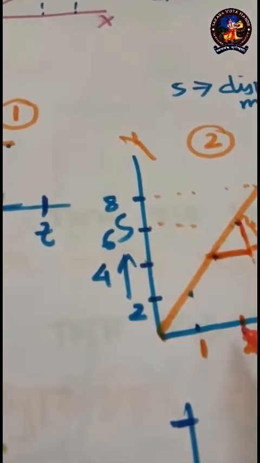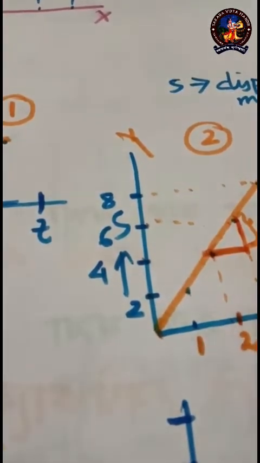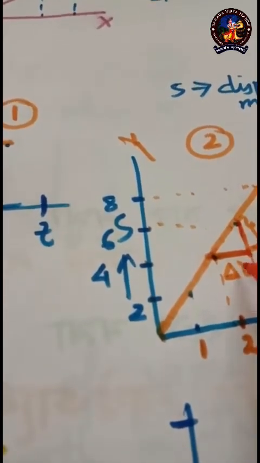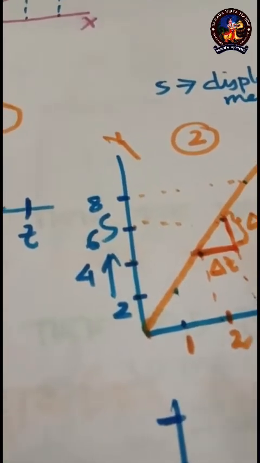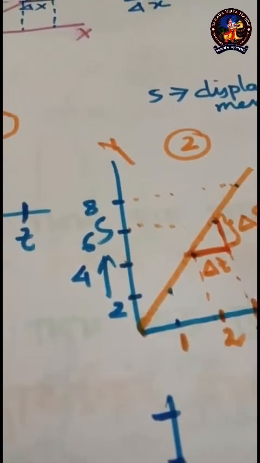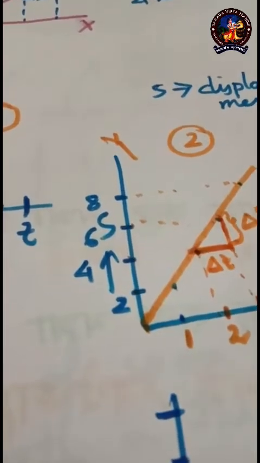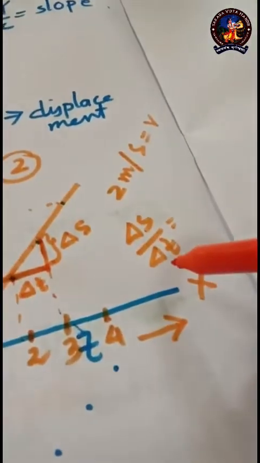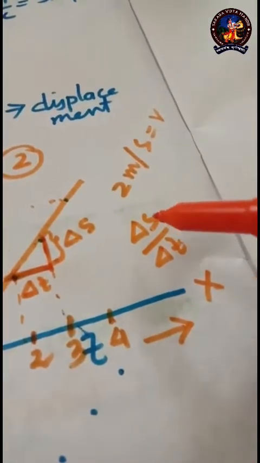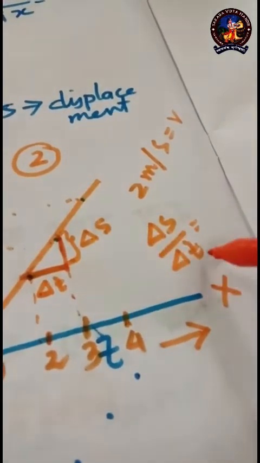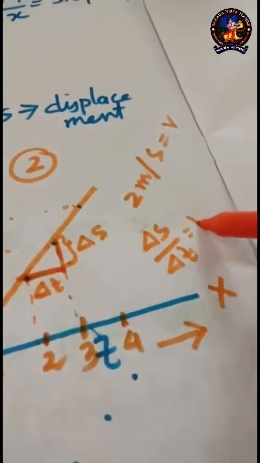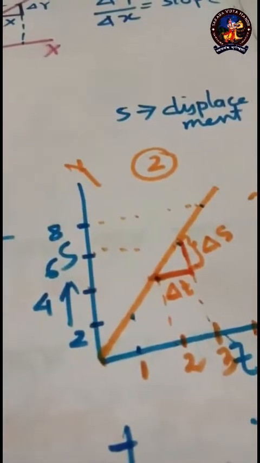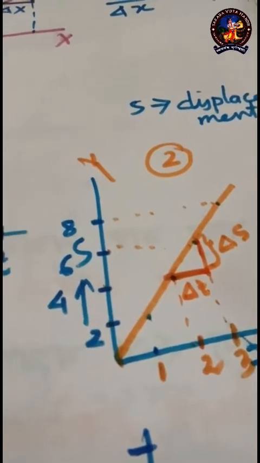And what is along the x axis? Time. So that is representing del t. Now if I want to have the slope of this graph, what would it be? It will be del s by del t. So what is this? This is simply displacement by time. Now tell me, what is represented by displacement by time? So it is velocity. Okay. So the slope of a displacement time graph would represent velocity.